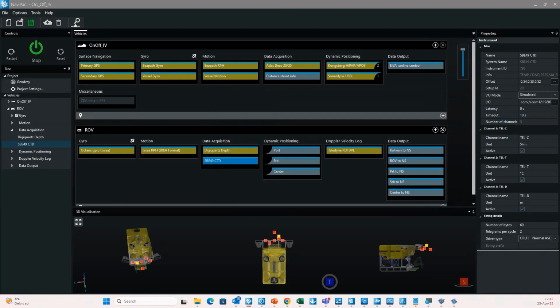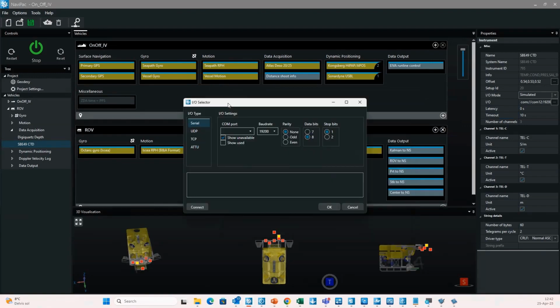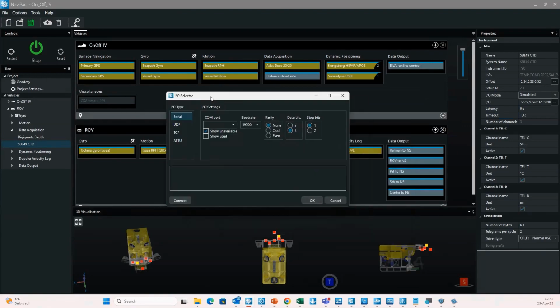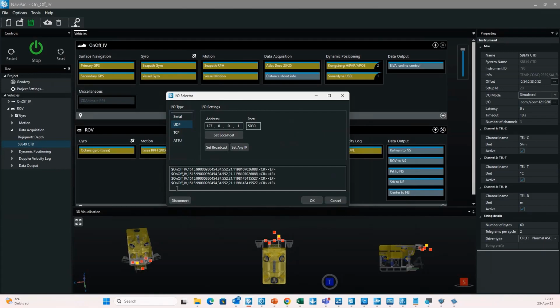Okay, so that, and then I get my I/O selector, UDP port, local IP 5030, like this. For the first time, I can connect, and you can see data is coming in. This is, of course, also working here the same way it was working in Navipac 3. Now I'm getting this data, it comes from